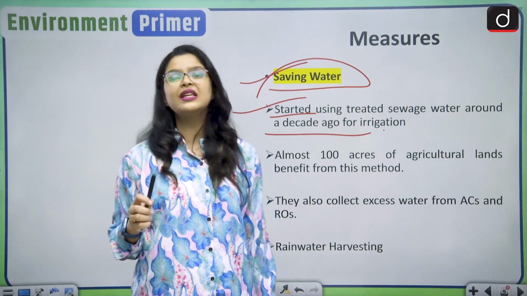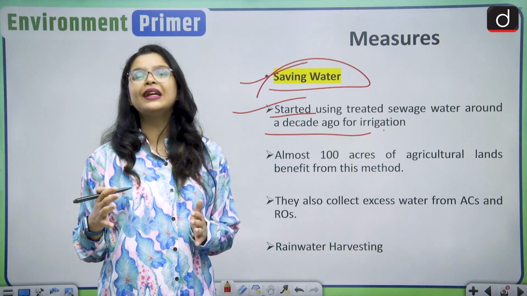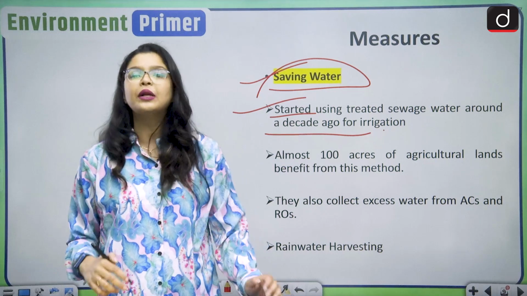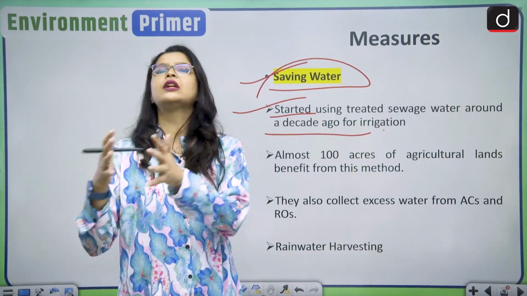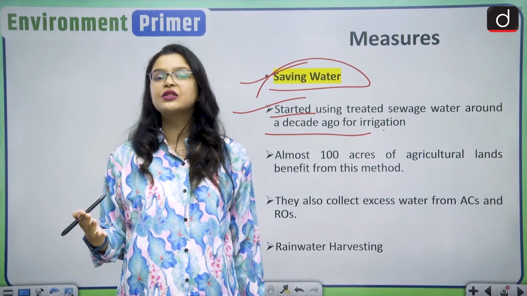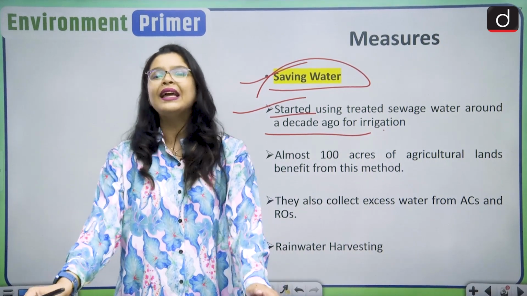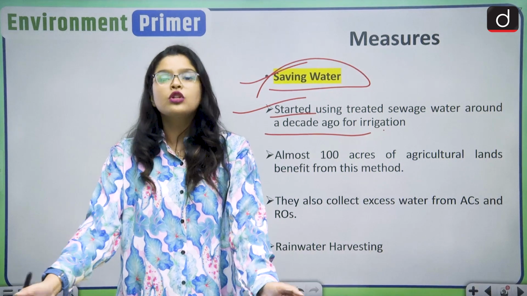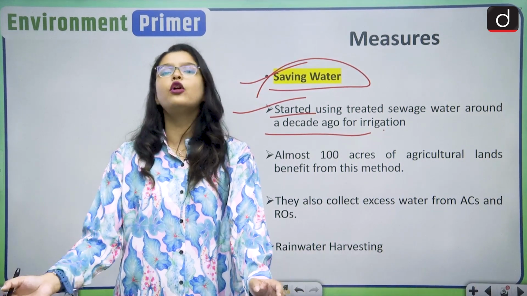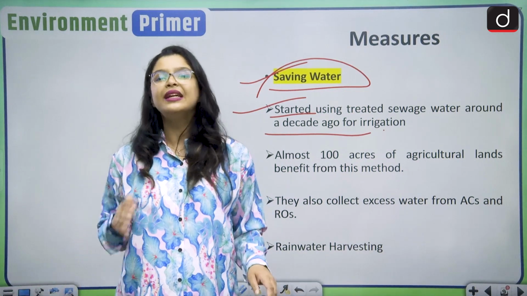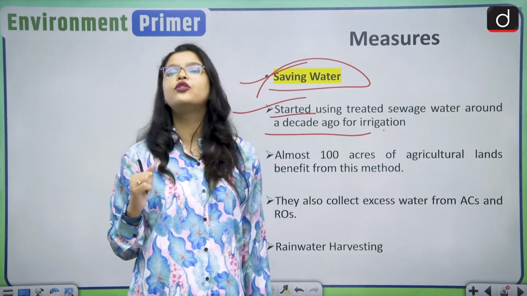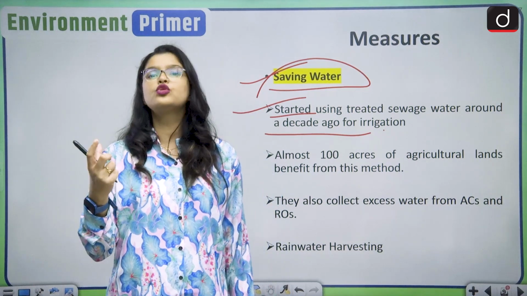So what this village is doing to irrigate their lands, they have started using treated sewage water. That means converting the wastewater into useful water, and they have been very successful in this initiative. Again, they are showing us the way. We can also use the wastewater. Other states can also follow. It can be followed on a national level. But we need awareness for that, and this village is definitely creating awareness of how to use your bad water